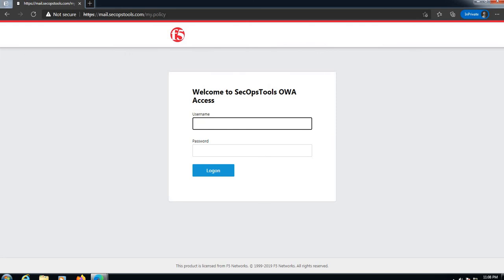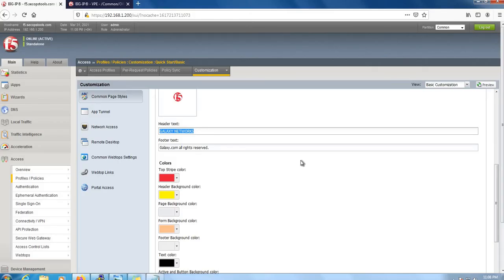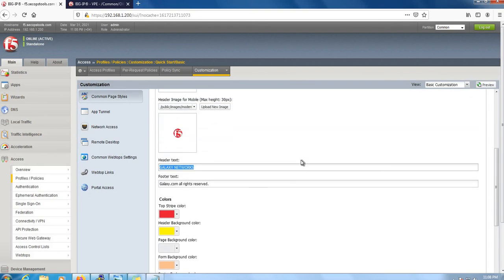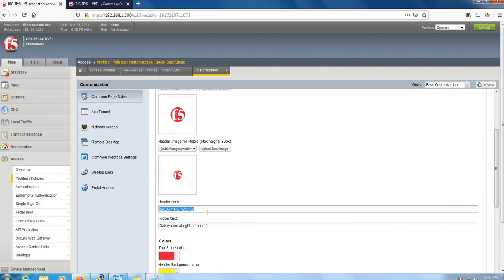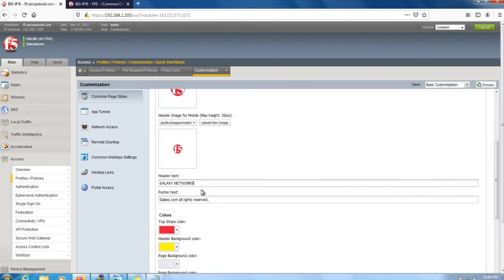There is something on this. I don't know why it's showing, because I had some old config. You can customize things here. For example, let me try to edit.